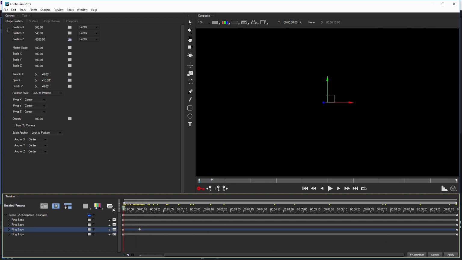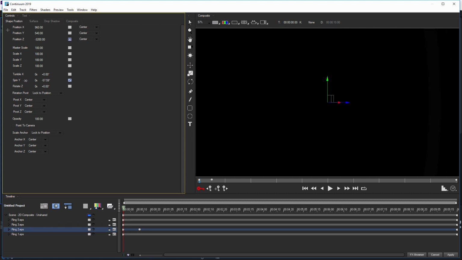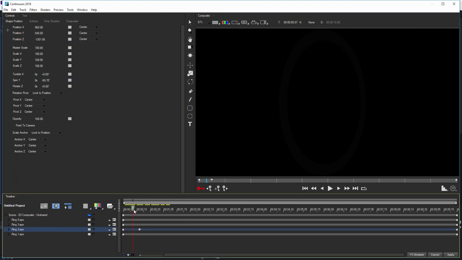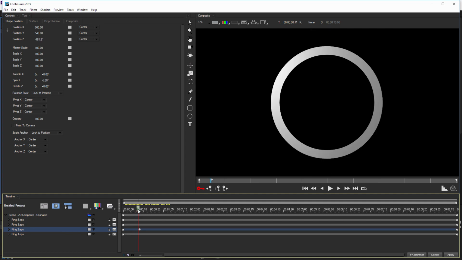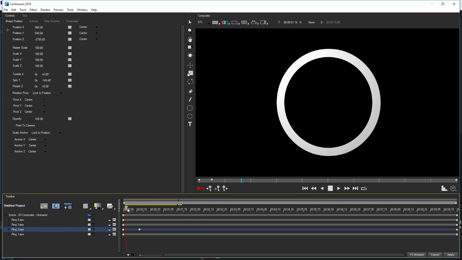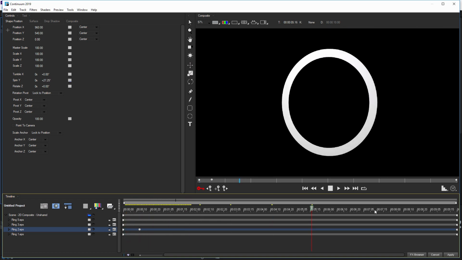So that means as it spins in, it's going to spin in clockwise. So we're going to have this go minus something large, minus 180 there. And that should just give a little spin as it comes in there. Might be a bit tricky to see because it's not hitting the light all the time. But that should be all right. And then just as it fades back, it spins back a little bit there.